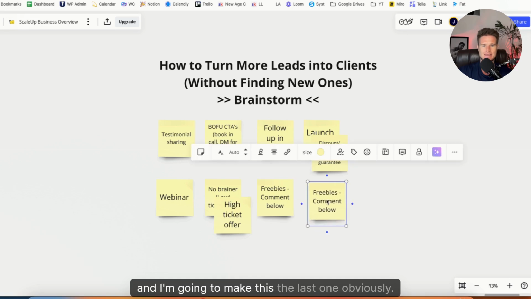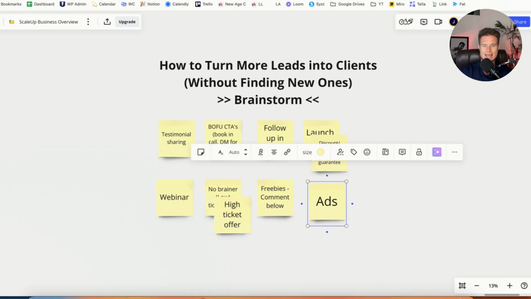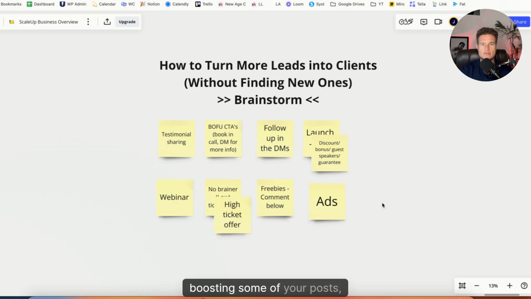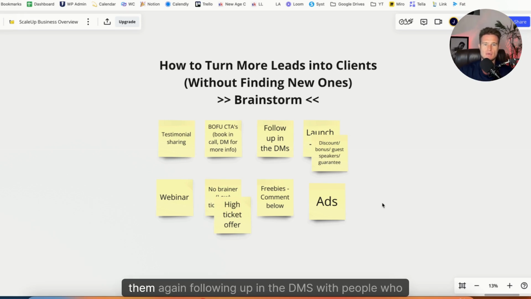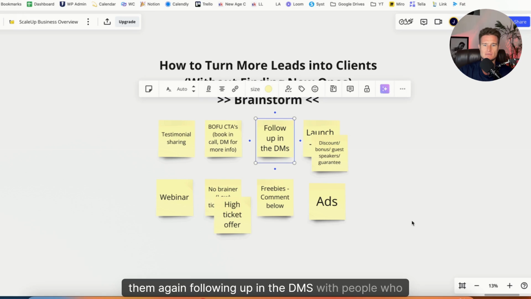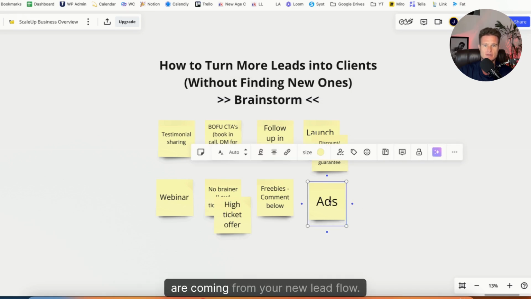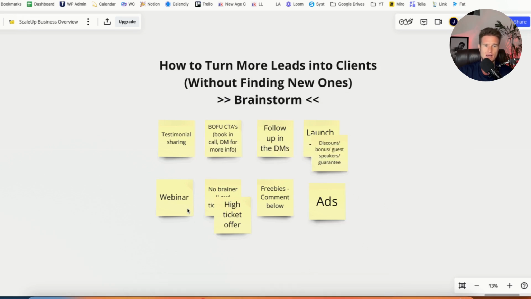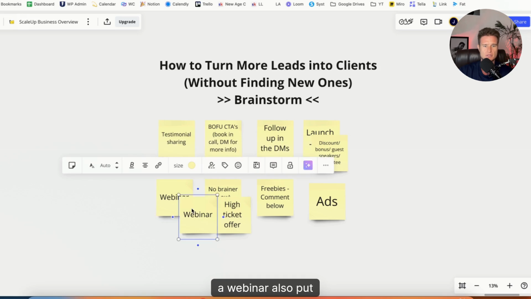And I'm going to make this the last one. Obviously, ads. Advertising, running ads, boosting some of your posts, running follower ads to get consistent leads to fill your funnel and getting conversations with them. Again, following up in the DMs with people who are coming from your new lead flow. A great way to run them through the scripts and then also provide them with value. Again, if you have a webinar, also put